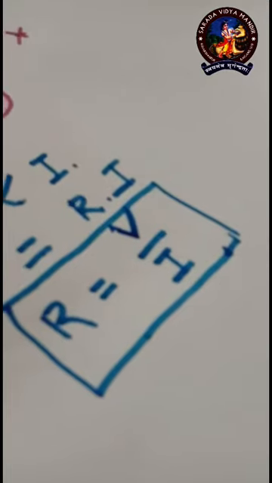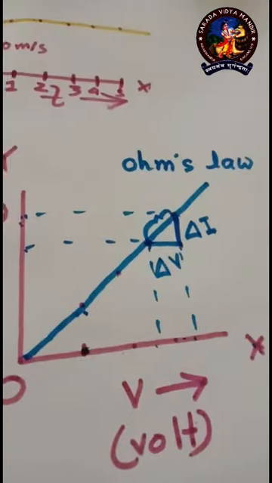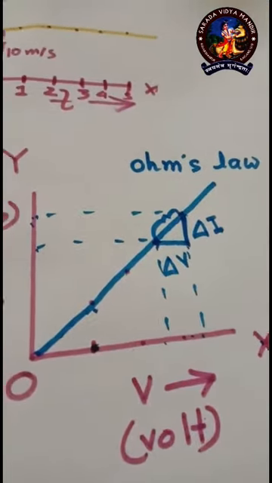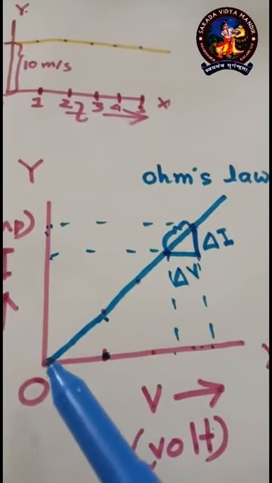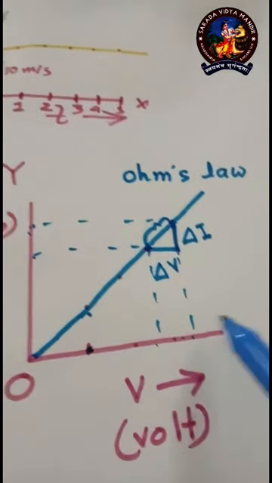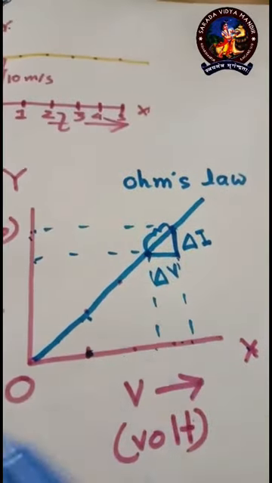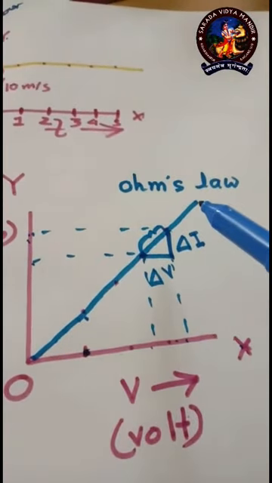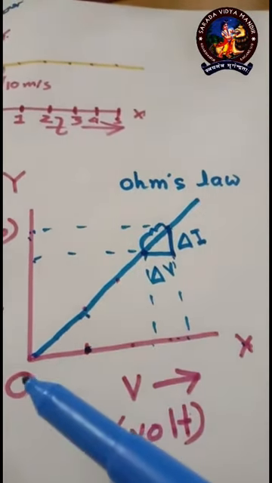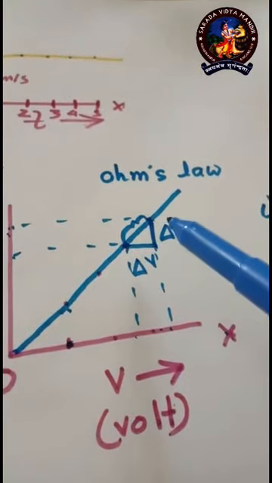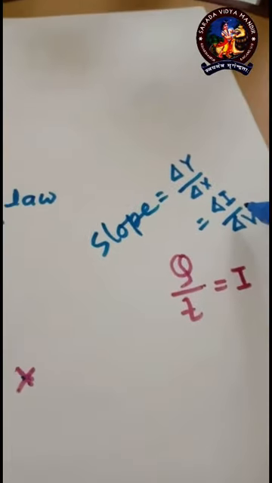So this is a very important representation of Ohm's law, and you have to remember this because lots of numericals you have to do with this. Just I have told you that from this graph, that is if voltage is along x-axis and current is along y-axis, we can have the graphical representation like a straight line passing through the origin, and the slope we are getting like del I by del V.